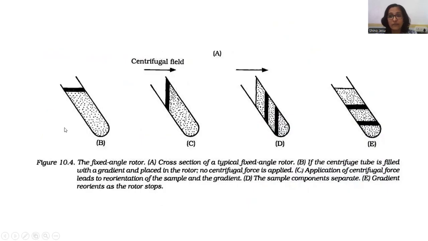Figure B represents a sample layered with a gradient and placed in the rotor. No centrifugal force is applied now. Figure C shows that the application of centrifugal force leads to reorientation of the sample and the gradient. Figure D shows that the sample components are separating, and figure E shows that the gradient reorients as the